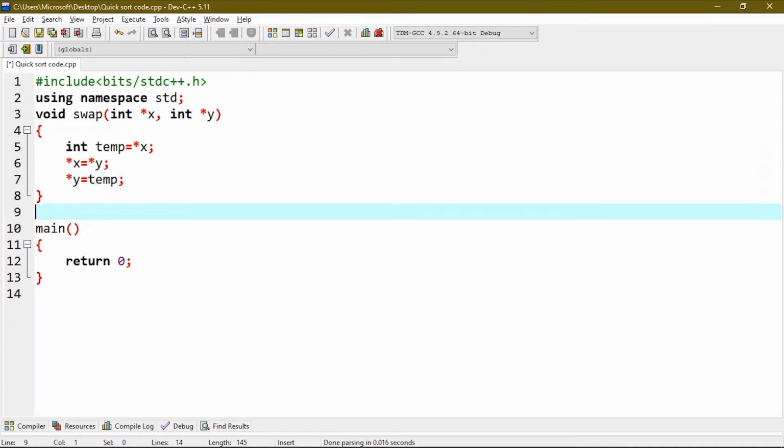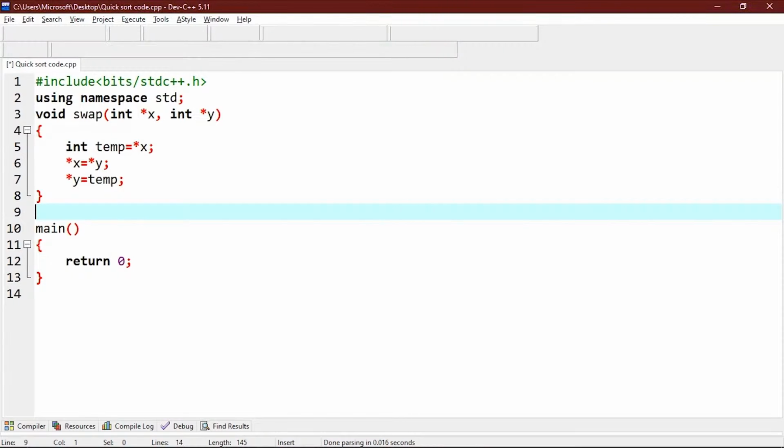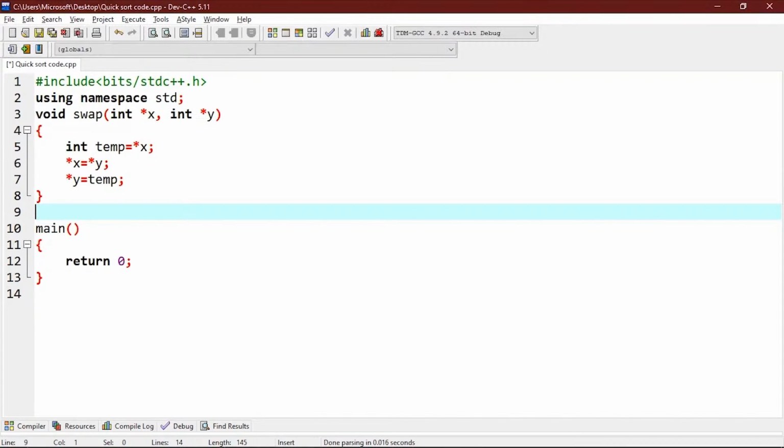Now we will write a function which will partition this array. This function will take the last element as pivot and place the pivot element at its correct position in the sorted array, and place all smaller elements to the left of the pivot and all greater elements to the right of the pivot. So int partition